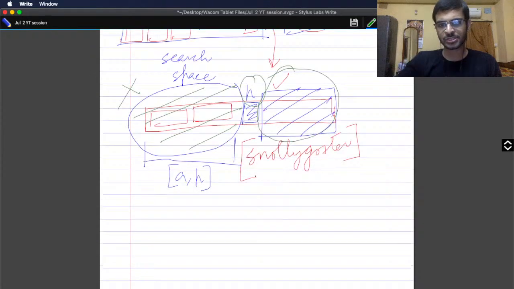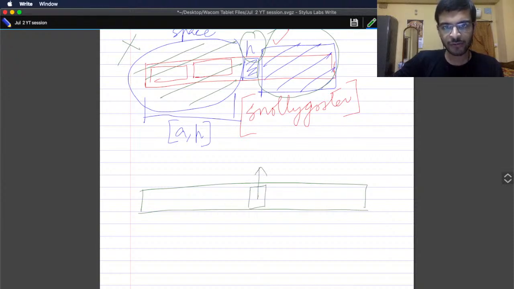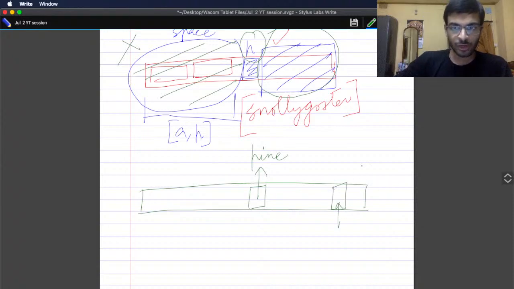Now suppose you find something like this. You have opened up the page in between, somewhere over here, and here you find a word, suppose pine, and now you say that okay, this part is important to me, let me search over here. Now you have searched it over here. What do you get from here? Here you may get something like,